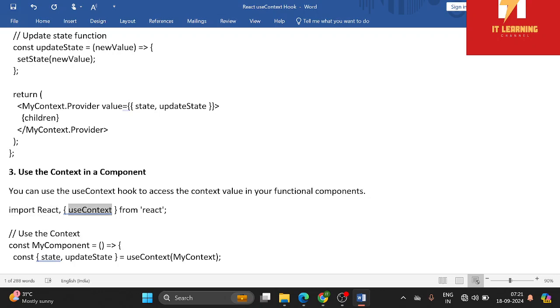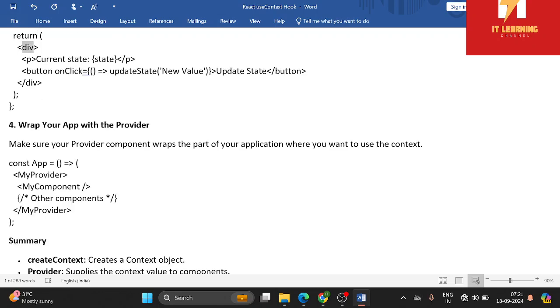Import React, useContext from React. // Use the context. const MyComponent = () => { const { state, updateState } = useContext(MyContext); return <div> <p>Current state: {state}</p> <button onClick={() => updateState(newValue)}>Update state</button> </div>;